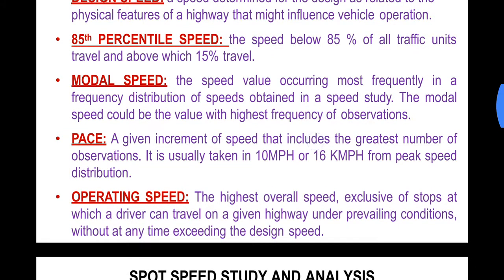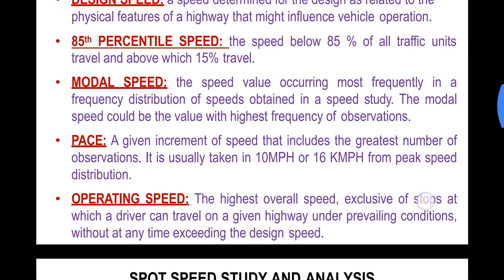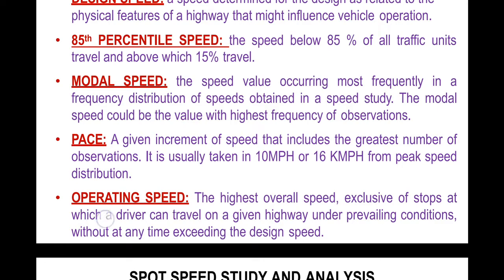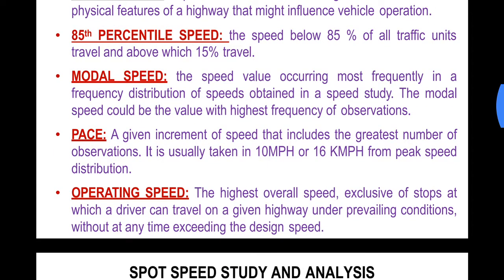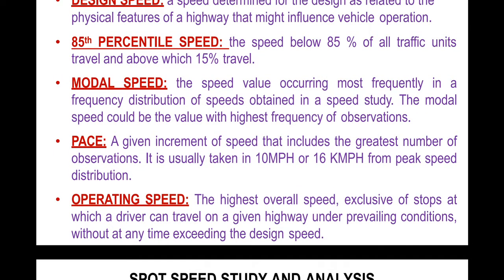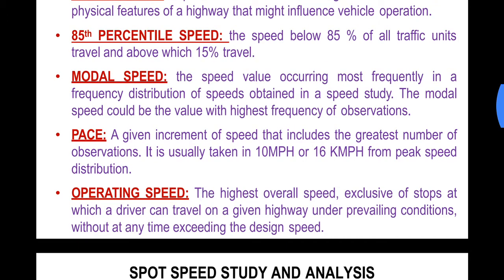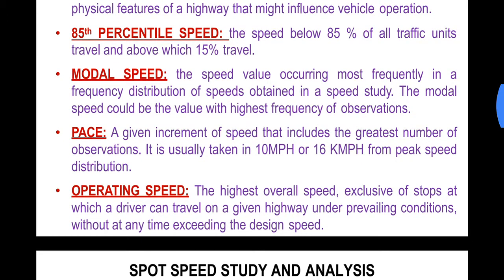Operating speed. It is the highest overall speed, exclusive of stops, at which a driver can travel on a given highway under prevailing conditions without at any time exceeding the design speed. Okay, so this operating speed is the speed at which the driver will travel when he travels from any point, for example point A to point B, under the prevailing traffic conditions, and he never exceeds the design speed. Okay,